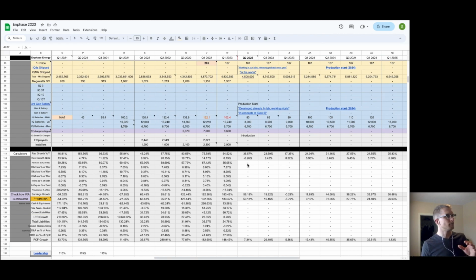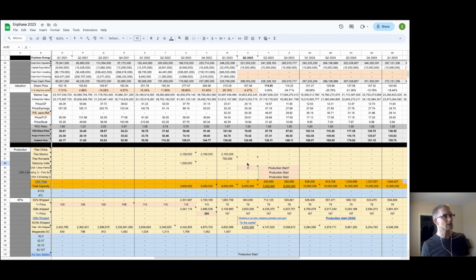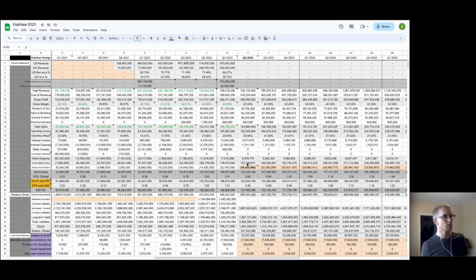So I think the easiest way to approach this is to start at what we know for the next batch of data that we get, which is Q2. We know that that revenue range is going to be between 700 and 750 million dollars. So this, you can see, is actually being used as a formula that just so happens to be right in that middle range of guidance,